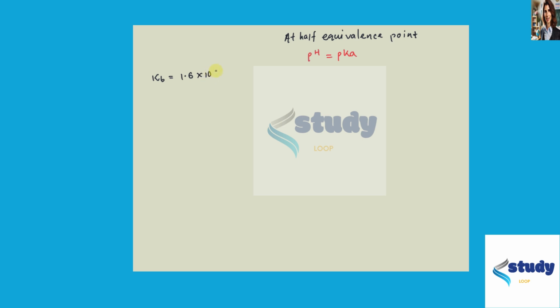Hello students, so here in this question we have given the Kv value is 1.6 into 10 to the power minus 6, and from here we can calculate the pKv, that is minus log of Kv, that is minus log of 1.6 into 10 to the power minus 6, that is equal to 6 minus log of 1.6,